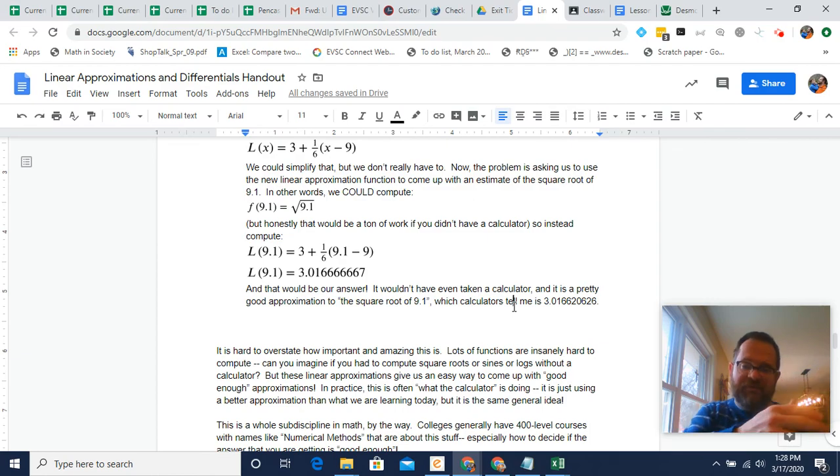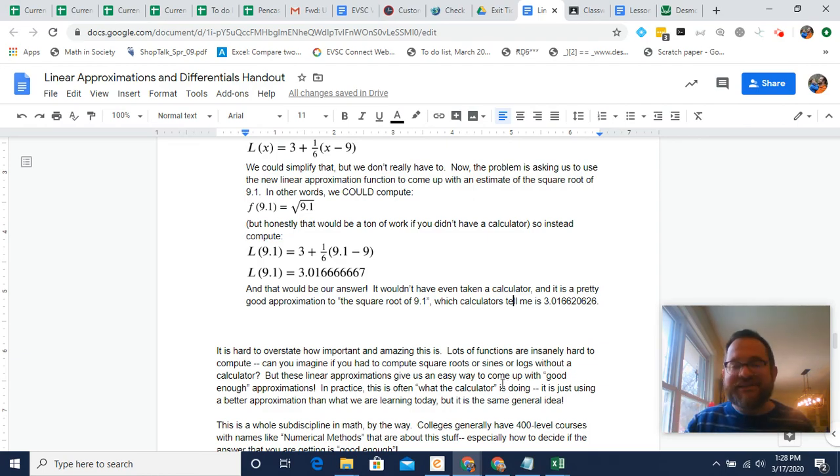Square root of 9, easy problem. Square root of 9.1, impossibly difficult until you use one of these kind of techniques. This is going on behind the scenes billions of times a second when you're playing a video game, when you are doing anything that involves calculations on your computer. Behind the scenes, this is how sines and square roots and logs and stuff like that are actually being computed